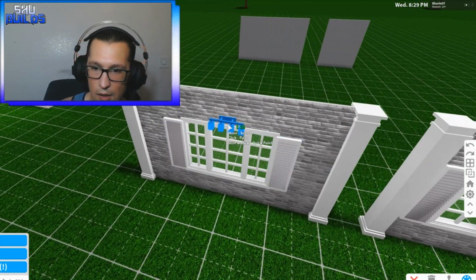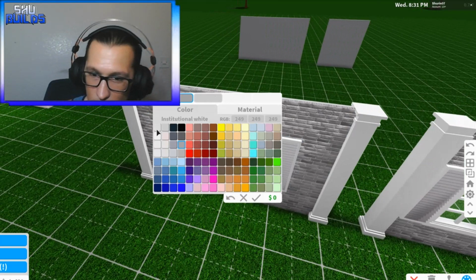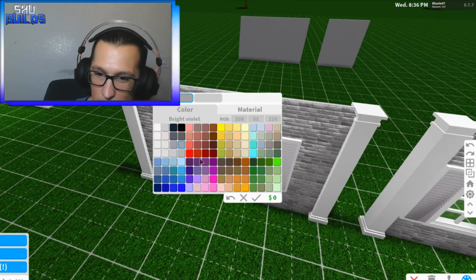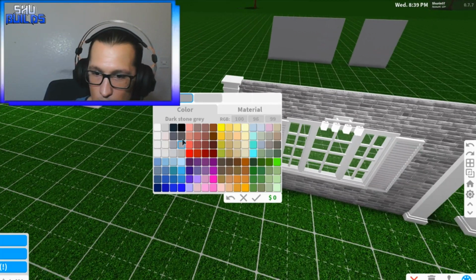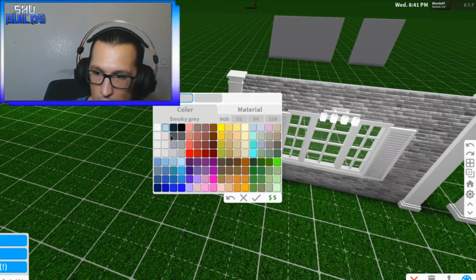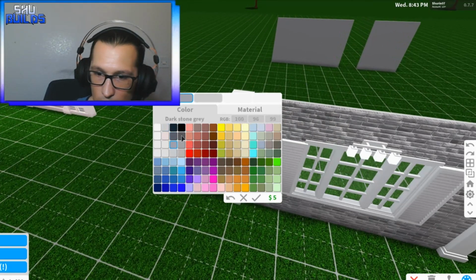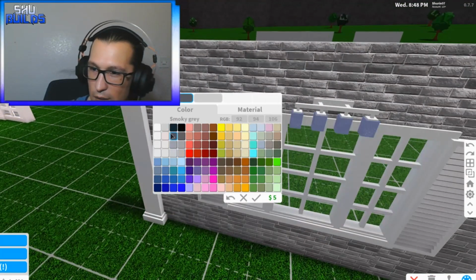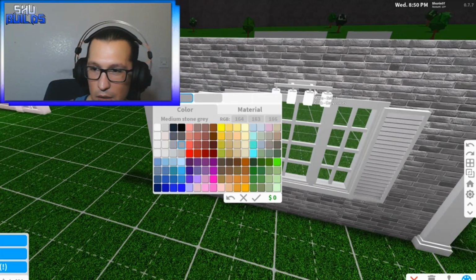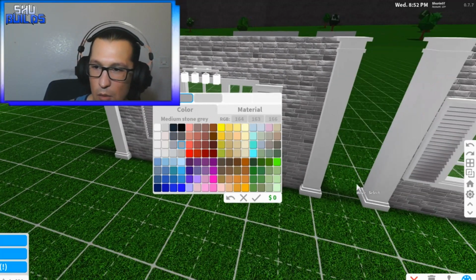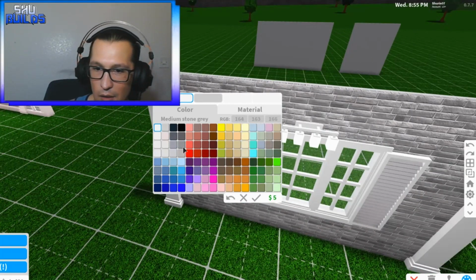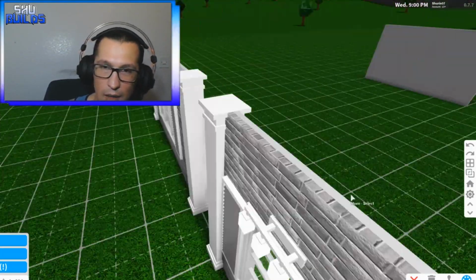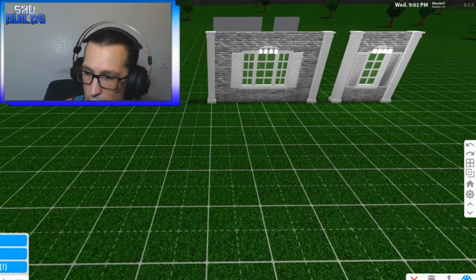And for these lights, again, like you saw earlier, don't use the white lights. Use either medium stone gray to make them still look white, or if you want to keep it a little bit darker and still look the same as everything else, you got no choices because they will all look like that. So I suggest if you want to keep them white, do the medium stone gray, because as you can see, the light difference between white and gray is quite a bit, especially once you start adding lights inside of your house. So we got the base window,